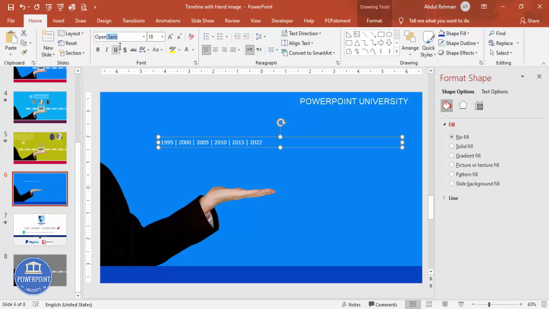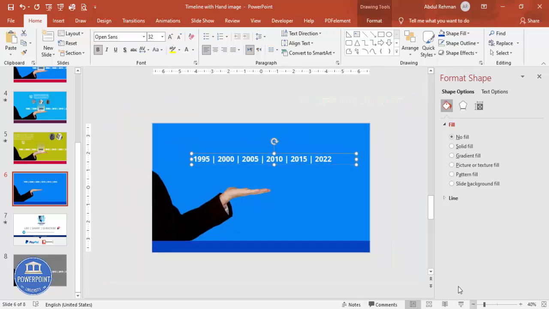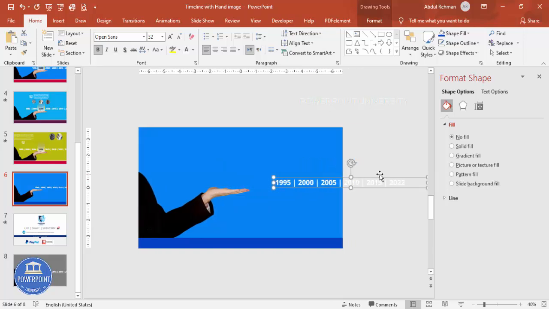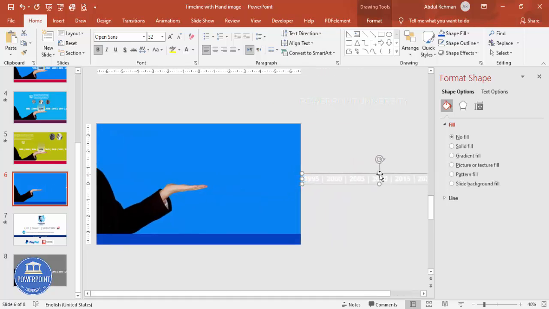Okay, and then this one I'm going to make it a white font, and I'm going to make it as Open Sans or any other font of your choice. You can make it bold, increase the size here. All right, and then let me just zoom out a little bit, and I'm going to place it here. Actually, it should come here, and with that animation it has to come here. So I'm going to move this out of the slide area, and then I'm going to add the animation here.